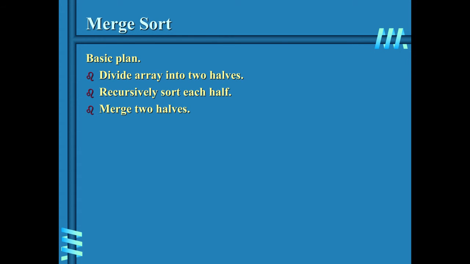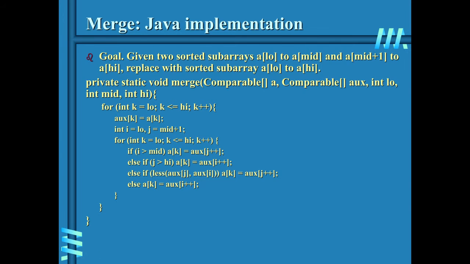So for merge sort, we divide the array into 2 halves, recursively sort each half, and merge the 2 halves. Recursively sorting each half means following the same procedure, but the input instance size is smaller. And for the merge method, once you have sorted lists, to merge these 2 sorted lists we only need linear runtime, right? Because you have 2 sorted lists, and from these 2, pick the smaller one